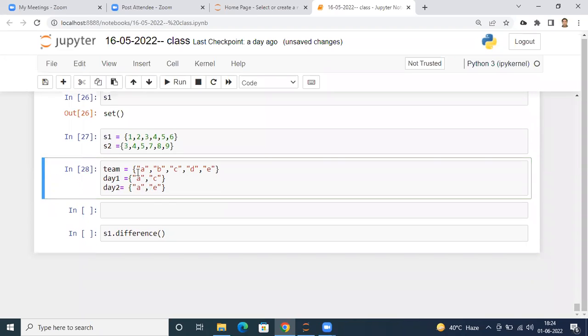So this was the day when the team was announced. So five people said, okay, sir, we will play. But on day one, Mr. A came and Mr. C came. On day two, Mr. A came and Mr. E came. Now I want to know, understand everyone, who are the persons